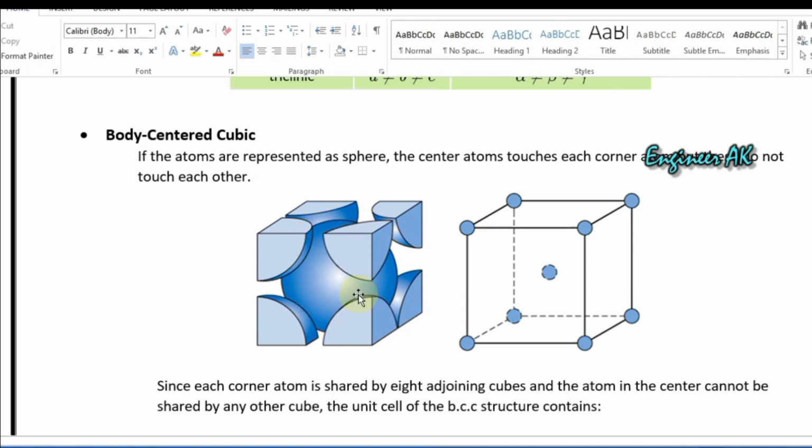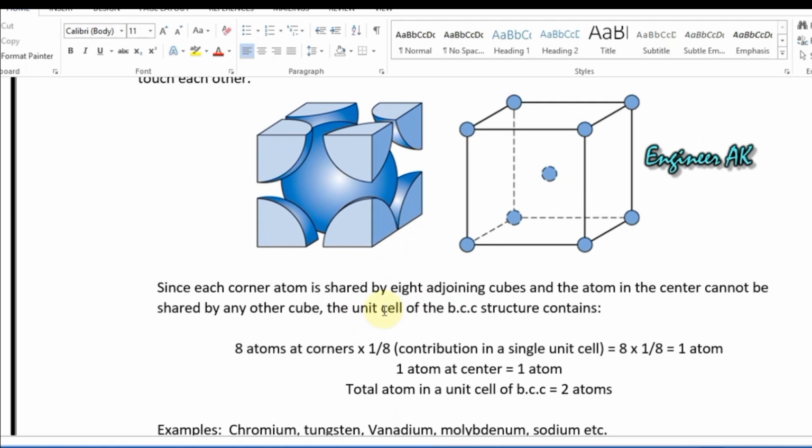Like if you see in 2D, this atom isn't shared by any other cube. However, the atoms at the edges are shared by other 8 cubes, right? By other cubes. So let's see how many total atoms there are in one unit cell of a